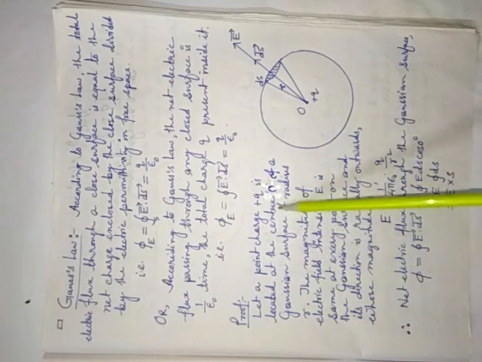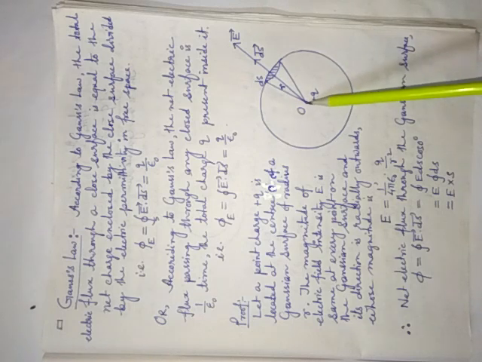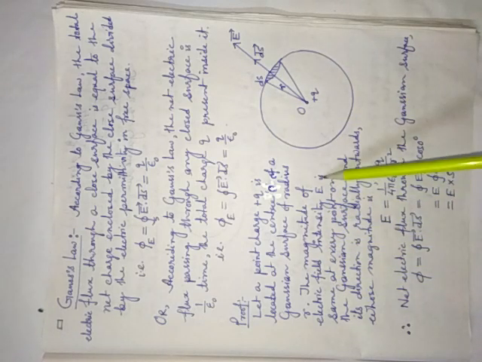Now I would like to discuss the note. Whatever I discussed, I have written in a systematic way. Suppose a point charge plus q is located at the center O of a Gaussian surface of radius r. It is a Gaussian surface, spherical in shape, having radius r, and the point charge plus q is located at the center O. The magnitude of electric field intensity is the same at every point on the Gaussian surface. At every point the electric field intensity is E, and its direction is radially outward. I have drawn only one. This is the direction of electric field intensity at this point, whose magnitude is E equal to 1 by 4 pi epsilon naught Q by r square.